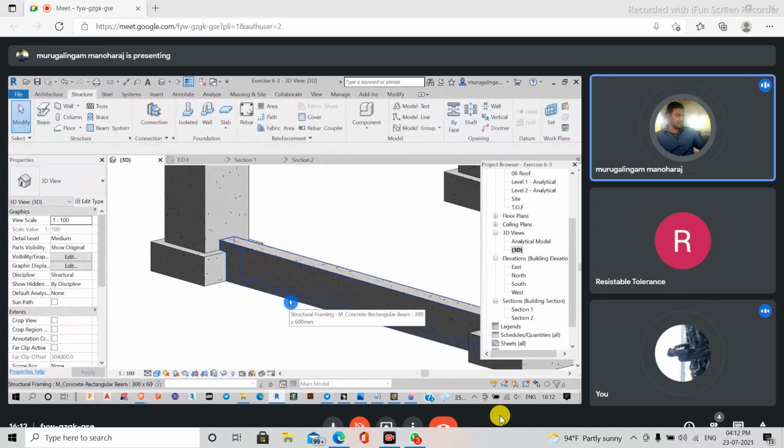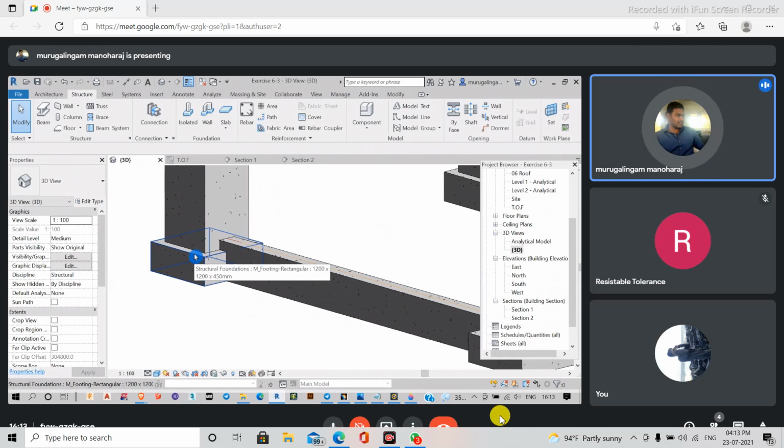The problem in this method is that this will be considered as a beam only, not as a foundation. It won't come under foundation. But we can bring the reinforcement into this portion, and I can merge it with this portion. Normally, three kinds of reinforcement will be provided: the bottom reinforcement, the top reinforcement, and apart from that, a torsion reinforcement will be provided here in the middle. All those reinforcements can be provided and merged with the next foundation component also. So there is no problem with that.